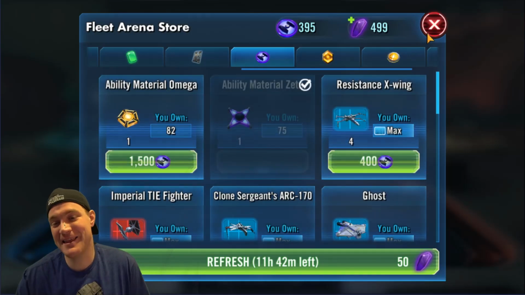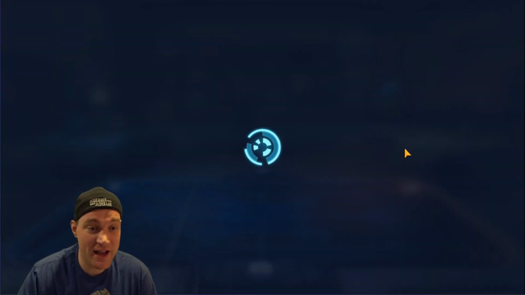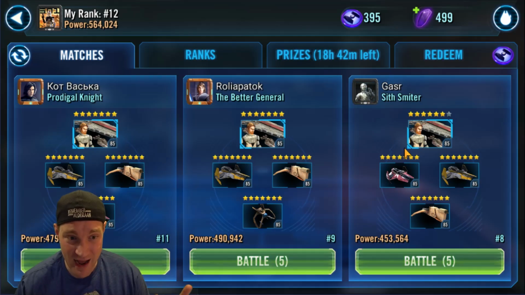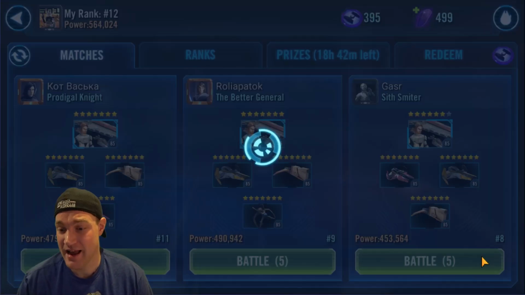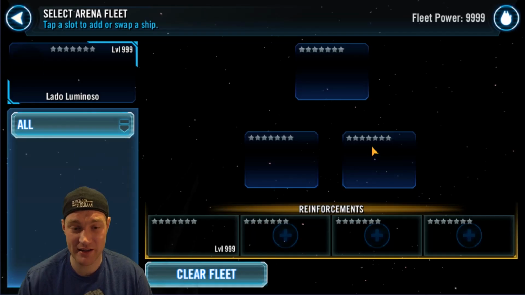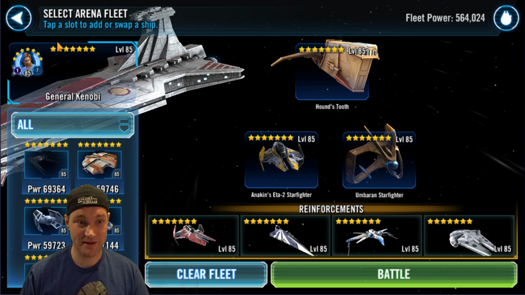I'm almost speechless. I think I'm going to save them for Resistance Poe and Resistance Finn. But okay, the one thing that's awesome is my fleet team never falls below 15. And I also have General Kenobi's ship at 7 stars. I'm very happy with that because now I get to farm the